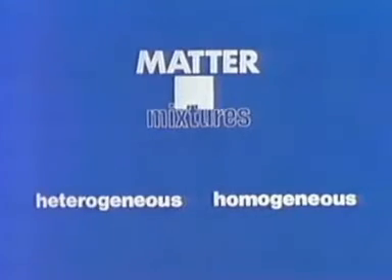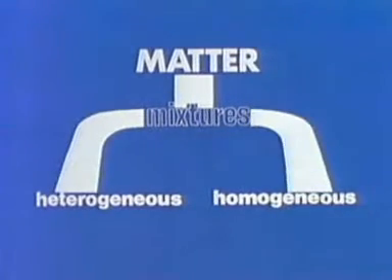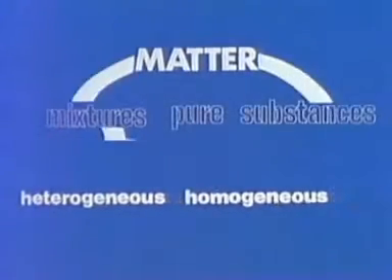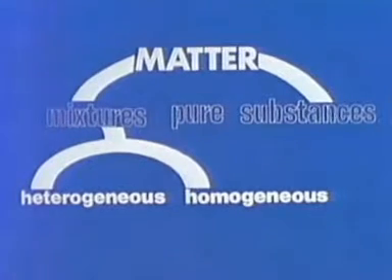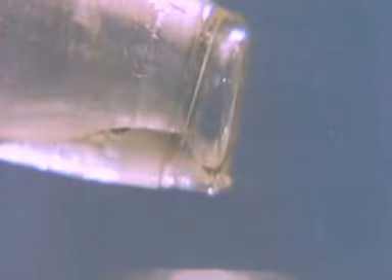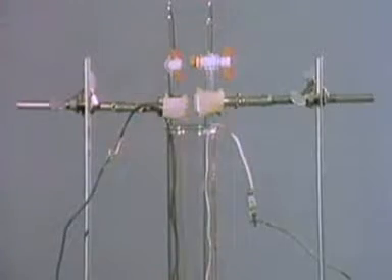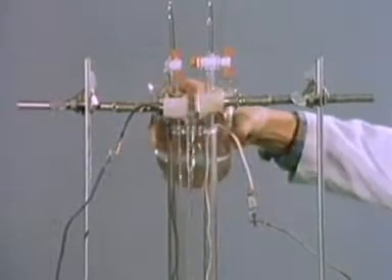And now, we can expand the little diagram we started building before. Matter is composed partly of mixtures and partly of pure substances. The physical properties of a pure substance cannot be used to separate it into different substances. To separate a pure substance like water into its different parts, not physical changes, but chemical changes are required.